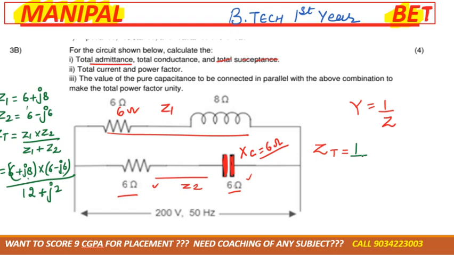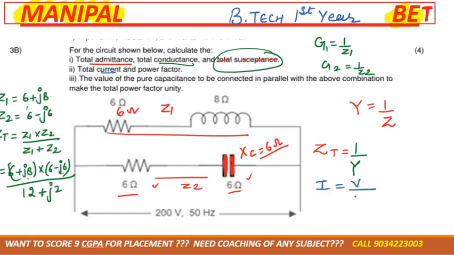Now ZT is 1 by Y. So next is both conductance. Conductance is G1, G1 is equal to 1 by Z1, equal to 1 by Z. Then we'll have total current. Total current would be total voltage divided by total impedance. Total voltage is 200. If the angle is not mentioned, then consider it zero. Total impedance you have,